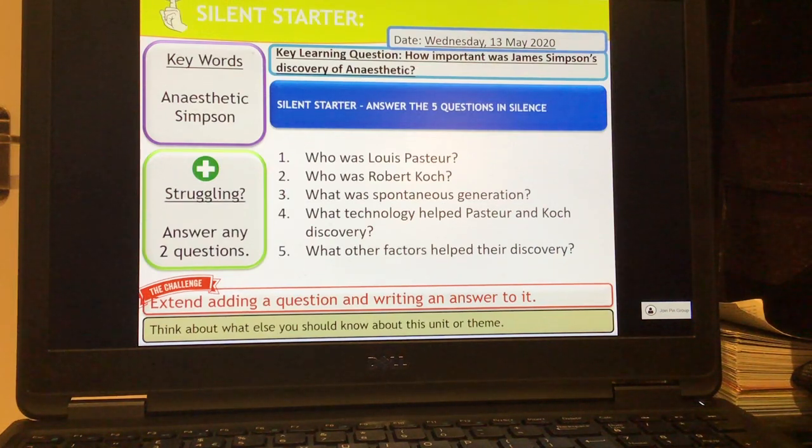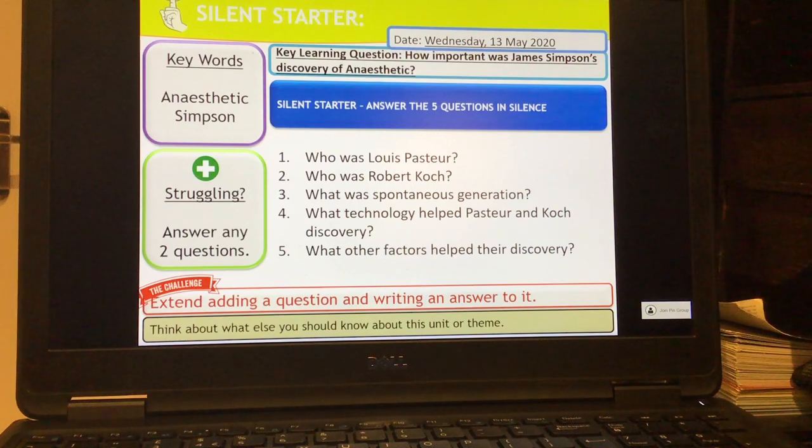Please, again, don't worry about these weeks that we've lost in terms of the history. We have got plenty of time to catch up, whether in year 9 or year 10, and to revise. So please don't worry. Okay, today we're going to look at another important individual called James Simpson,